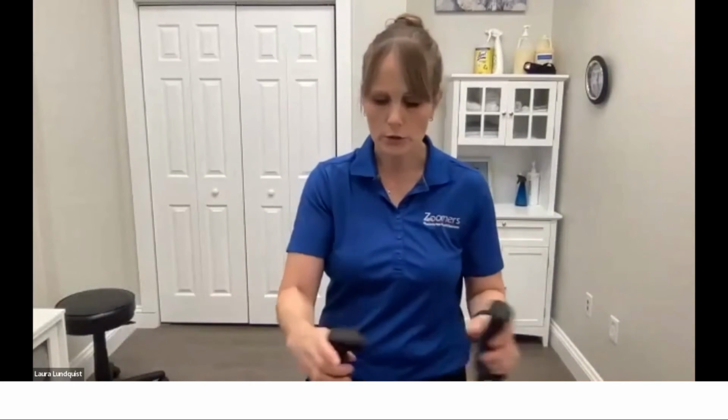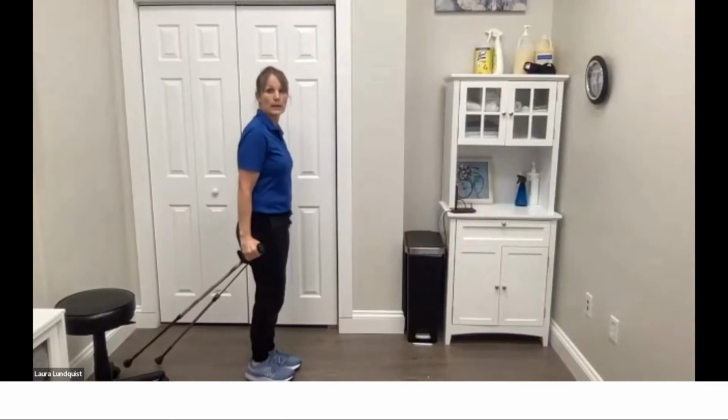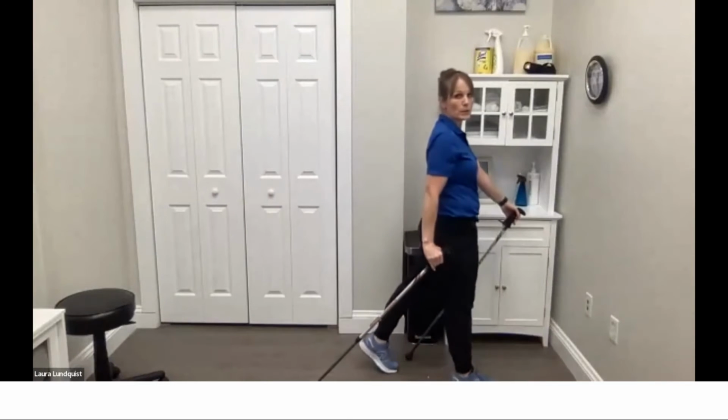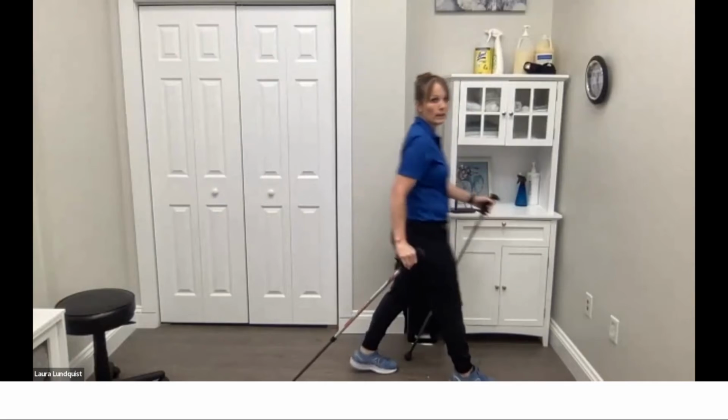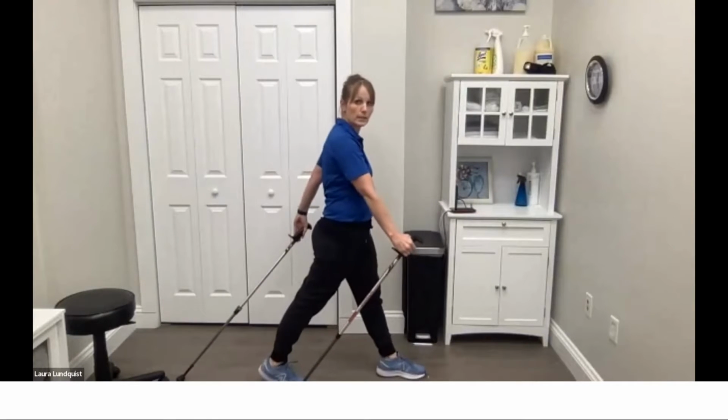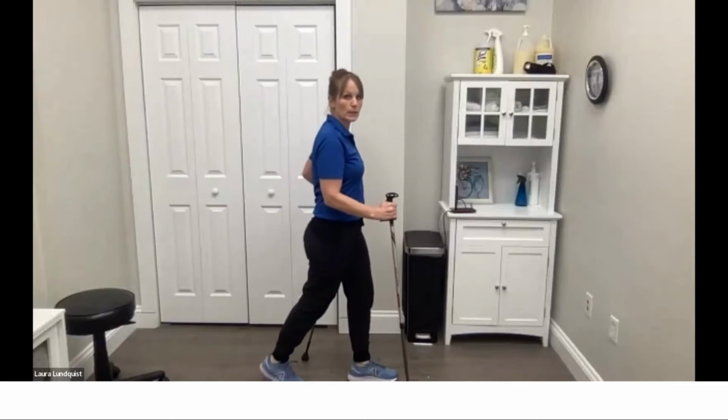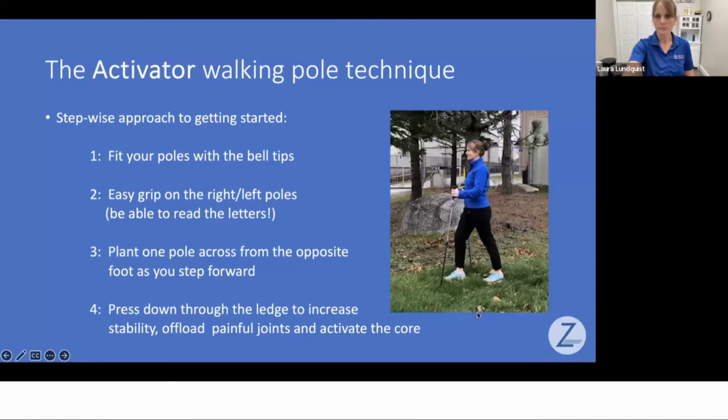So if I was doing the more traditional Nordic walking technique, then I would have my arms down like this, and I'd be straight arm swinging and planting the pole back behind me. So you can see how that is quite different, this position, than being in this position, right? And again, it's not that one is better than the other, it's which technique is better for you right now based on what you need. When we're talking about falls prevention, if we've got an issue with stability or strength, likely the Activator technique is going to be of more benefit, because remember, one of its primary benefits is providing increased stability and increased comfort. All right, let's hop back in here and carry on.